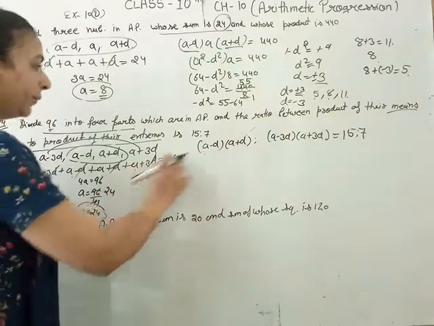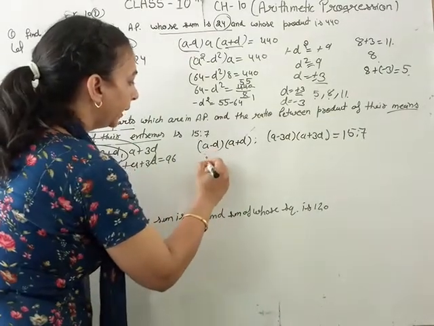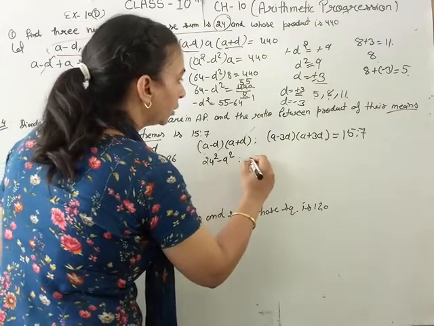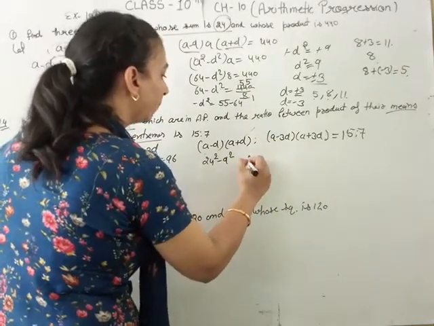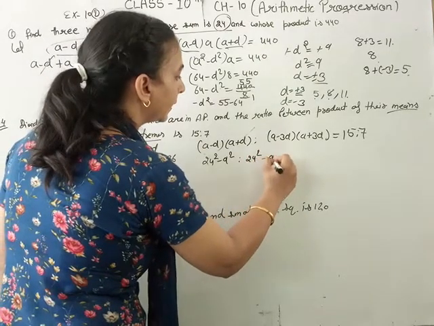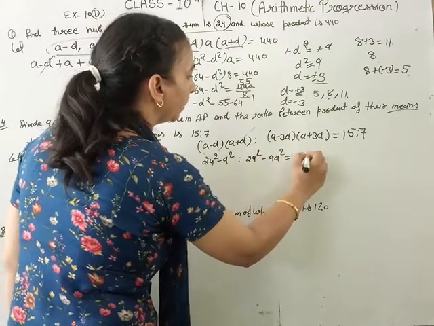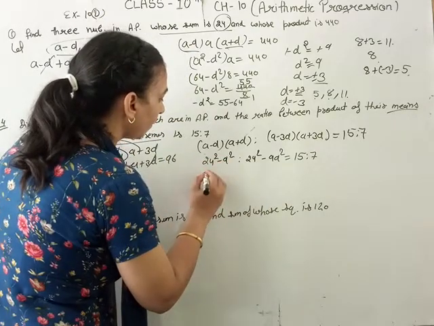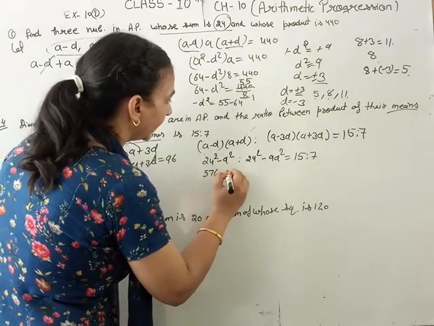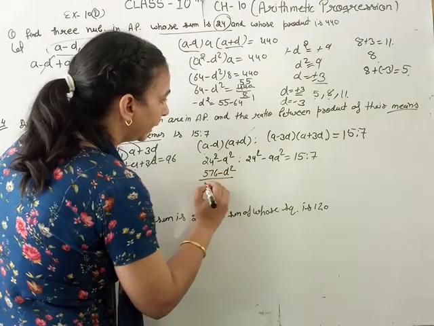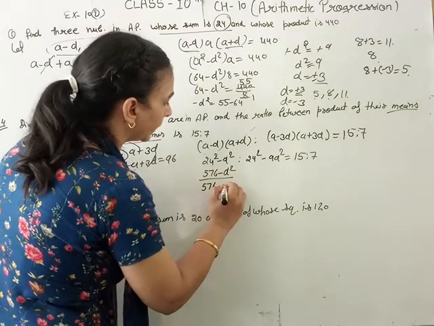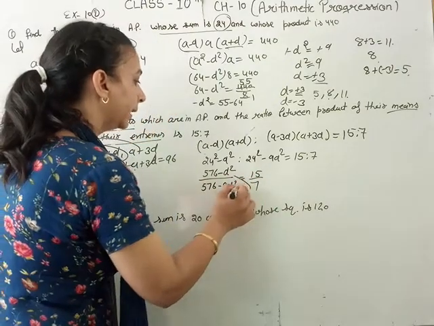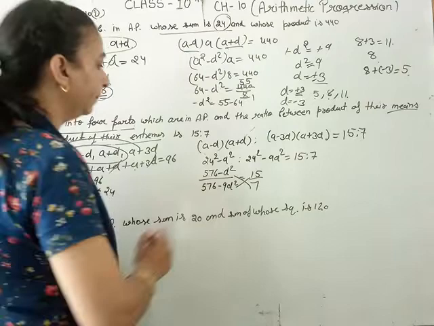Put the value of A, 24. This equals 24 square minus D square over 24 square minus 9D square, equal to 15/7. 24 square is 576, so 576 minus D square divided by 576 minus 9D square equals 15/7. Then by cross multiplication,